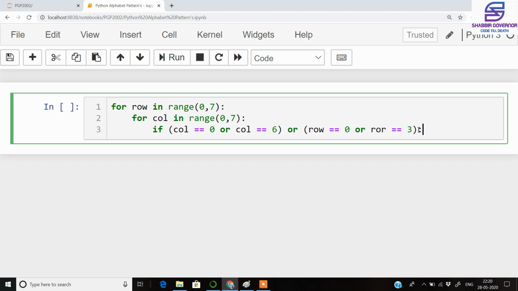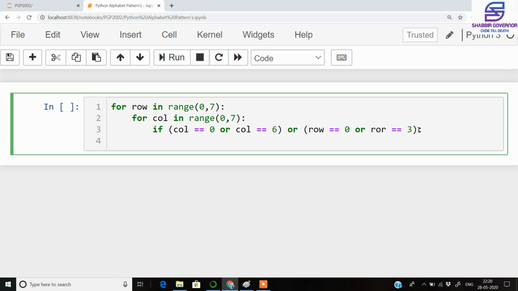So we want a star at these specific locations, so we will be printing a star there, and at the end of every star we want it concatenated to the next star. So for that we have an end attribute here which will allow us to print the stars consecutively.